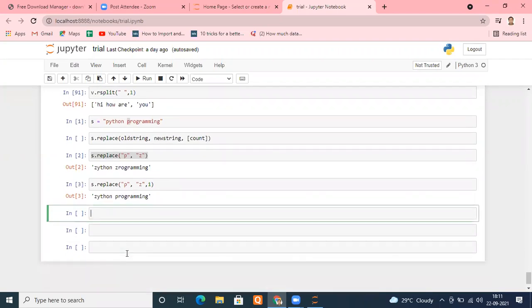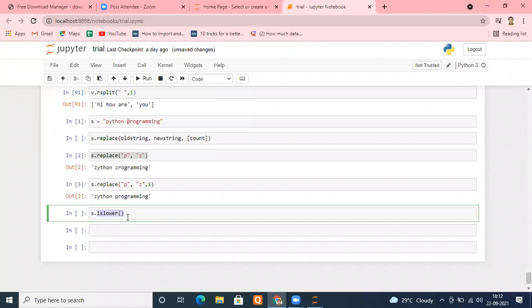Let's move to the next point. There are a few more functions, although you will rarely use them. For example, there is a function known as islower. I'm taking s and typing s dot islower.